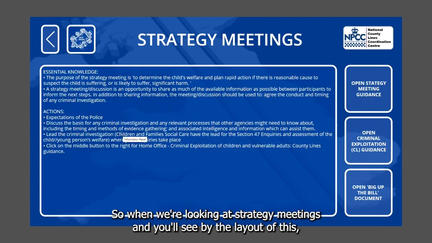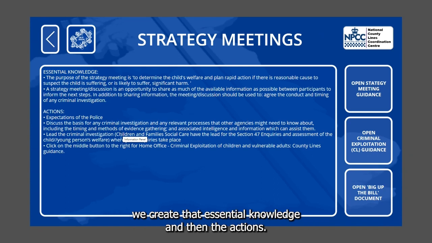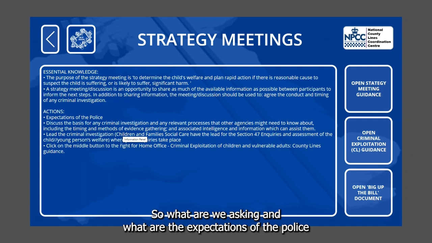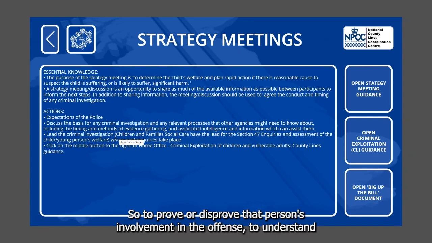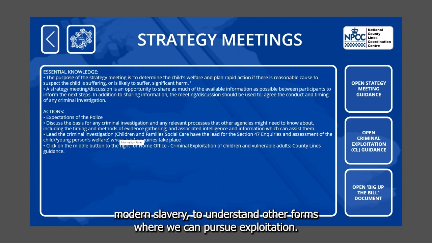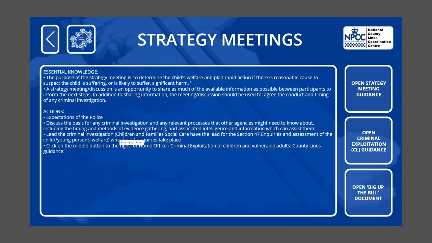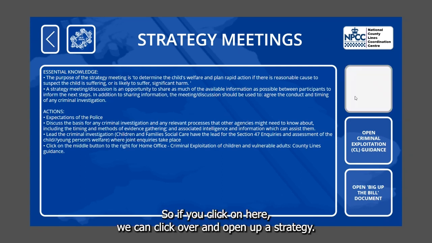So when we're looking at strategy meetings, and you'll see by the layout of this, we create that essential knowledge and then the actions. So what are we asking them? What are the expectations of the police? And what are the expectations of our partners that we work with, commission services, to get that informed decision? So to prove or disprove that person's involvement in the offence, to understand modern slavery, to understand other forms where we can pursue exploitation. So if you click on here, we can click over and open up a strategy meeting